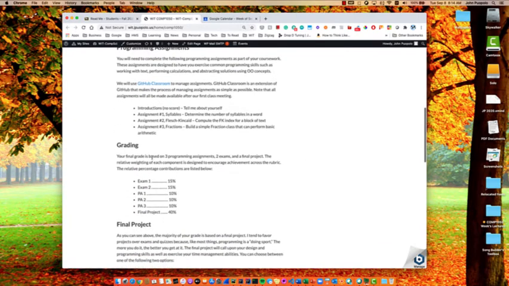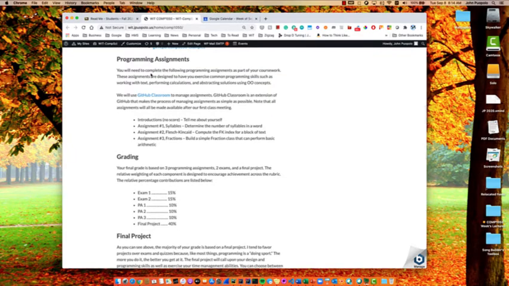I'm going to jump down to grading for a second. In terms of grading, your final grade will be based on 2 exams, each worth 15%, 3 programming assignments, each worth 10%, and a final project worth 40%. And in terms of the programming assignments, we'll be using GitHub Classroom. And GitHub Classroom is an extension of GitHub where I can create and assign programming assignments, and then you guys can